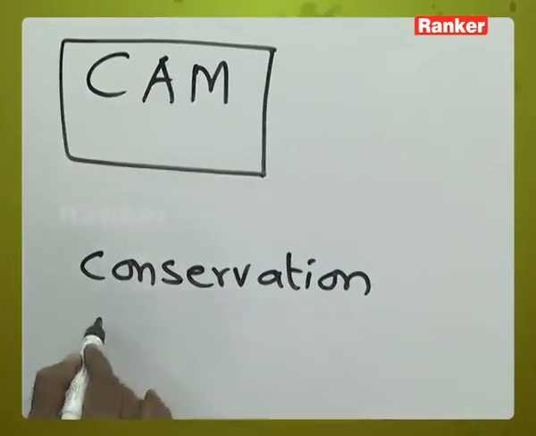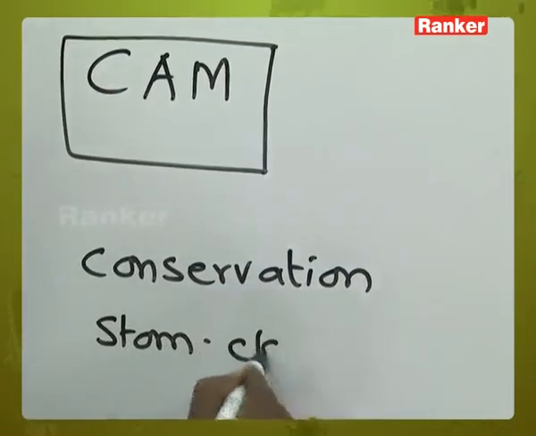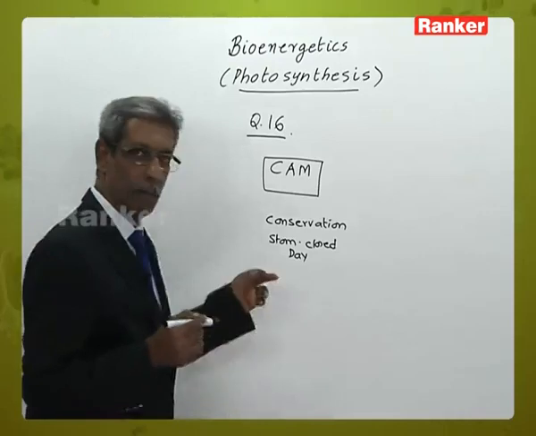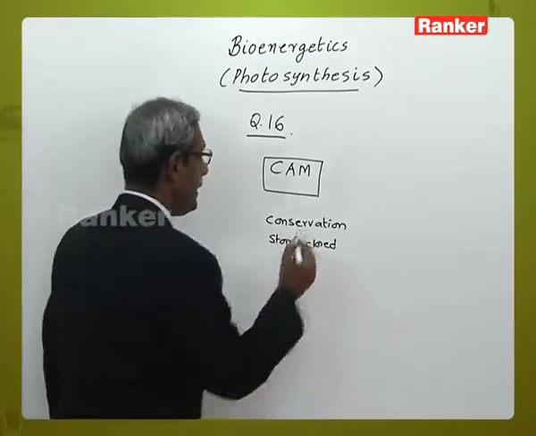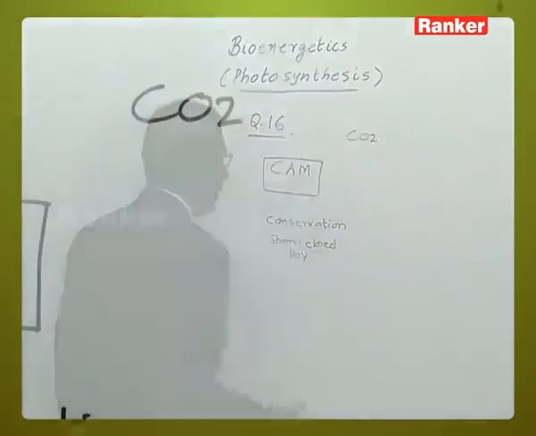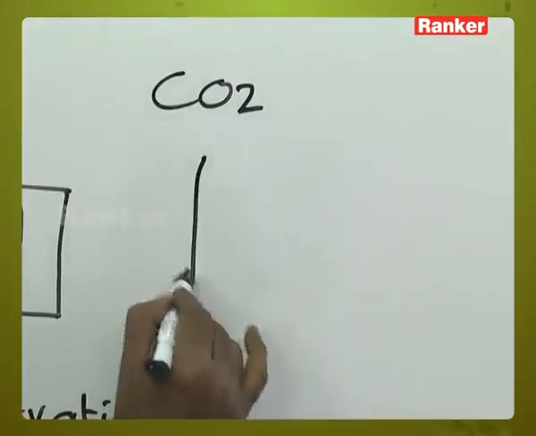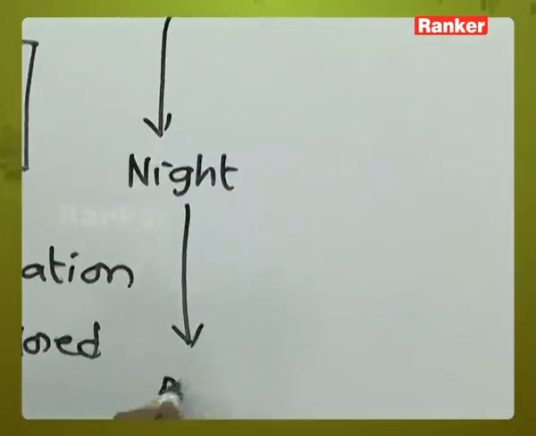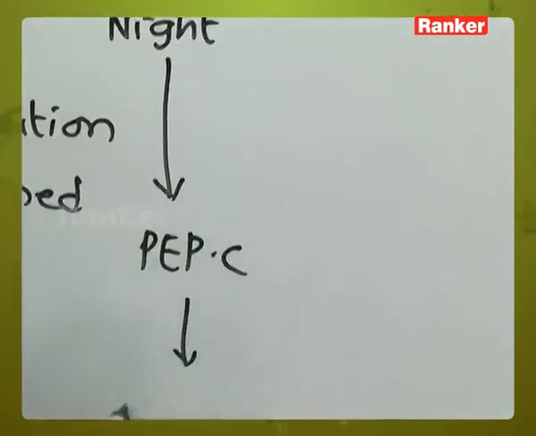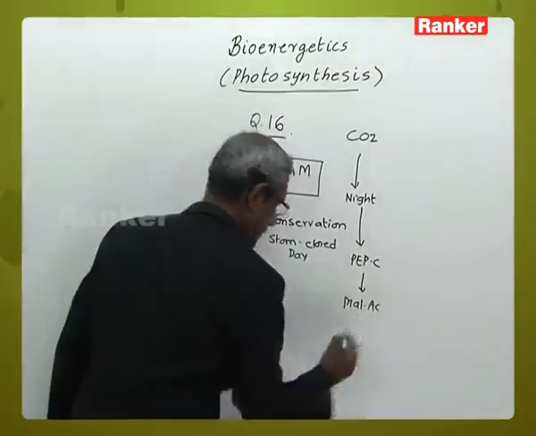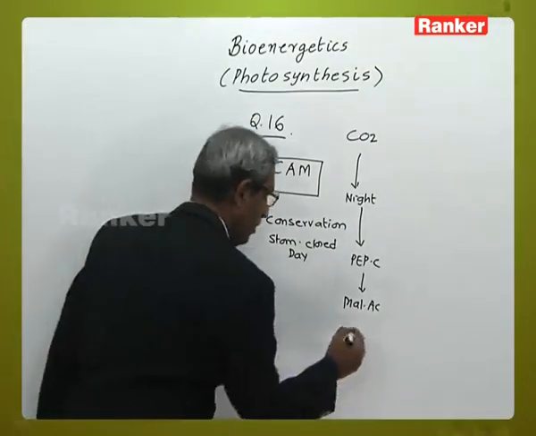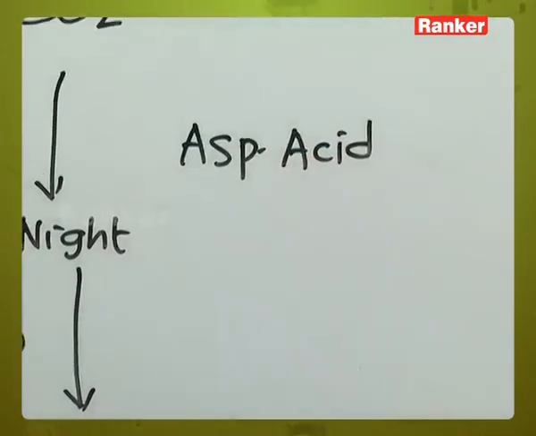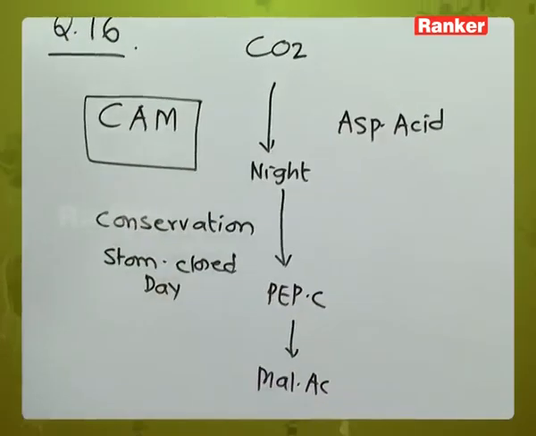Hence, they keep the stomata closed during the day. Now, what the CAM plants do is, they take up carbon dioxide and they do night cycling of carbon dioxide. In night, carbon dioxide is accepted by phosphoenol pyruvate carboxylase and it is taken to form malic acid. Along with malic acid, it also results in the formation of aspartic acid. So, the malic acid and the aspartic acid are organic acids